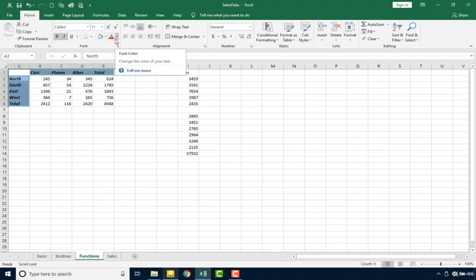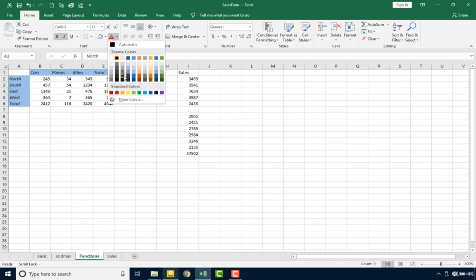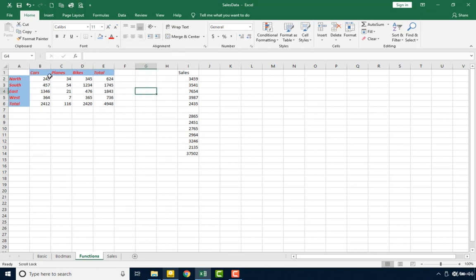and we can choose the font color of whatever we want these letters to display. You can also choose them. For example, we're going to choose either from the theme colors, or you can choose standard colors. Let's just choose red as an example. Once you deselect, you can see how our modification has